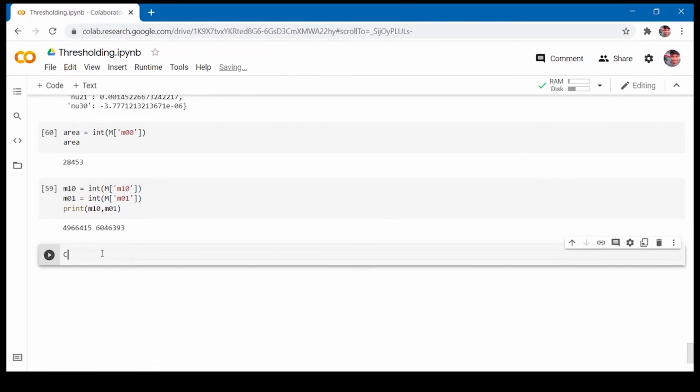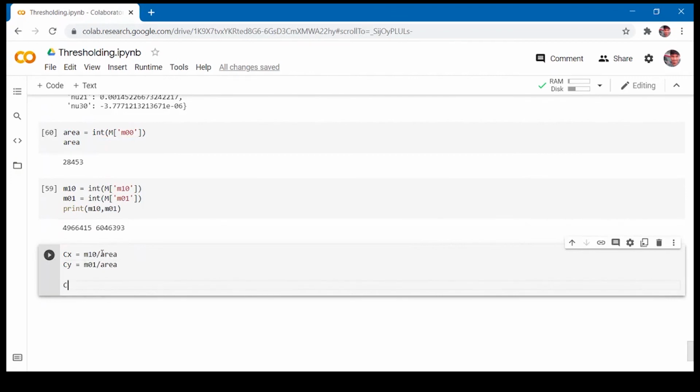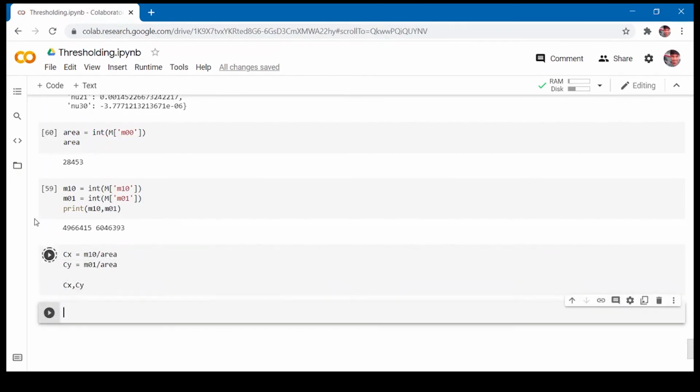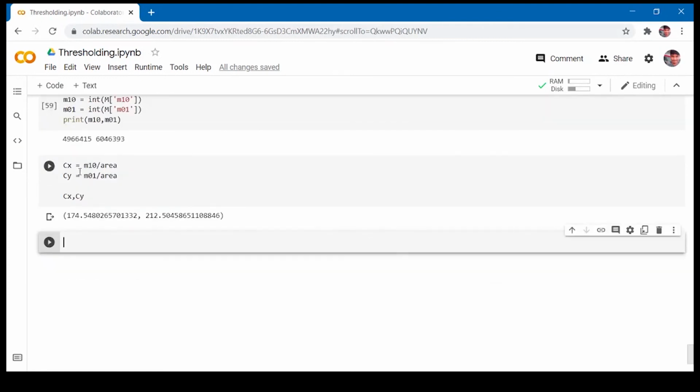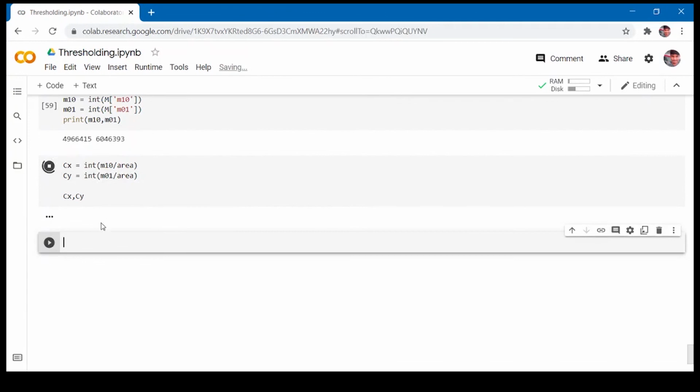Now to get the x coordinate of the centroid Cx, we will divide m10 by area, and the same goes for the y coordinate, m01 by area, and print Cx comma Cy. We have to typecast them for our convenience. 174, 212. This is what you have seen in the PPT.